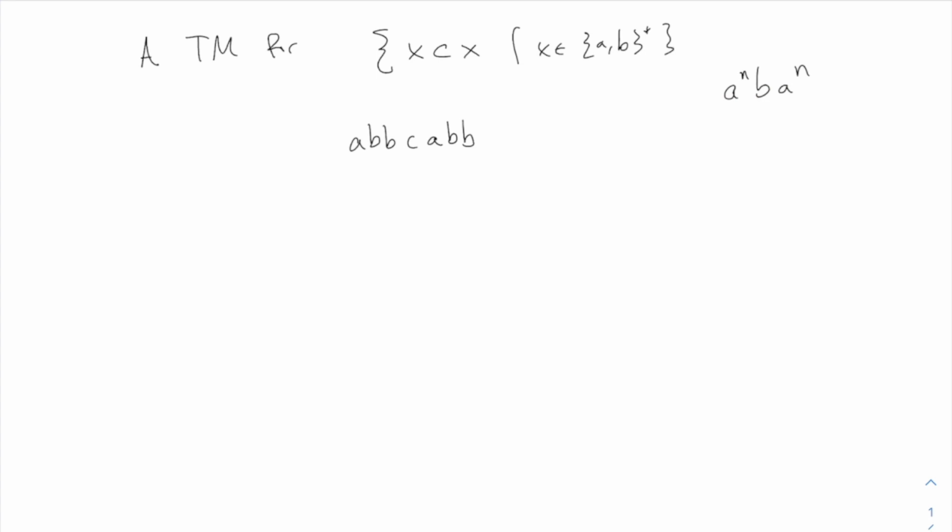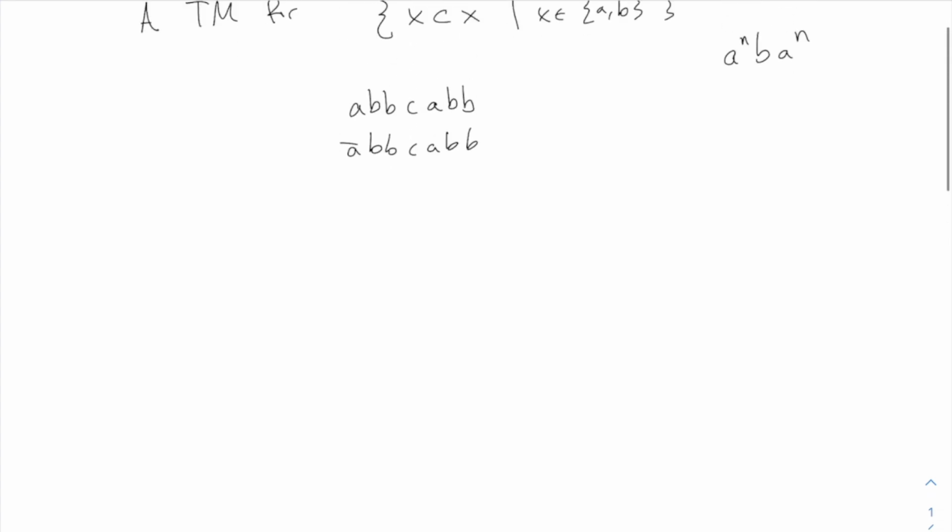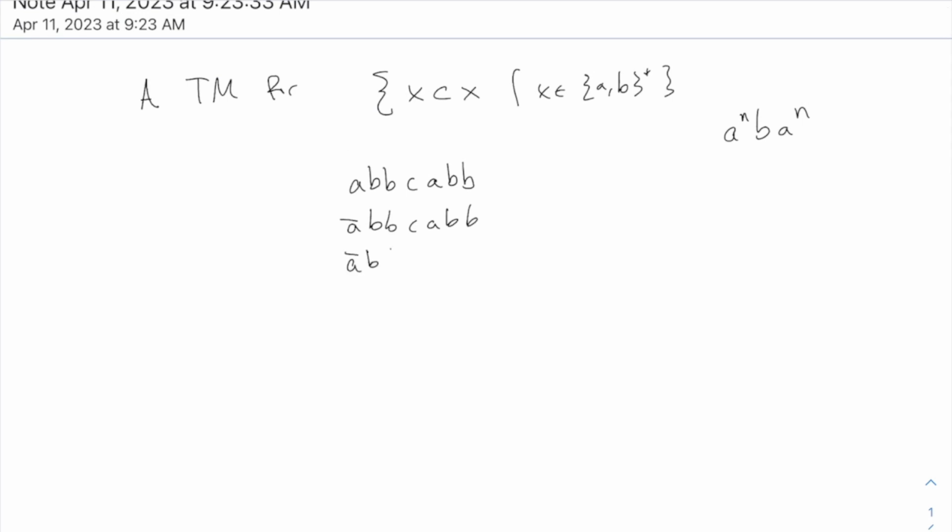As with most of these, you should mark off one letter at the beginning, and then move to the right and mark off the appropriate matching letter on the other side of the C, which is not all the way at the end. It would be right here. So my strategy here would be to mark the first A. This is what we begin with on the tape, but after one step, you would mark this A off, and then after the next step, I would move myself to the right, past that C, and then mark that A off. All right, and then go back to the beginning, and then mark the next letter at the beginning,